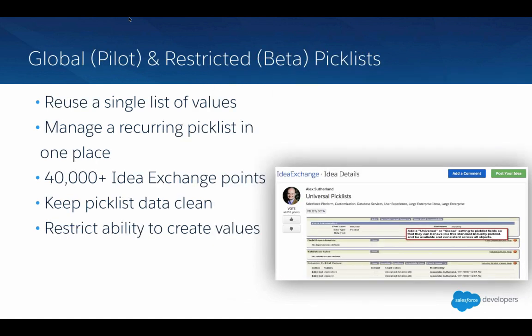And we talked about global and restricted pick lists. So restricted or global pick lists, often called universal pick lists, although in Salesforce setup when you're searching, you have to search for global pick list. They were very popular, over 44,000 points on the Idea Exchange. So this is really exciting